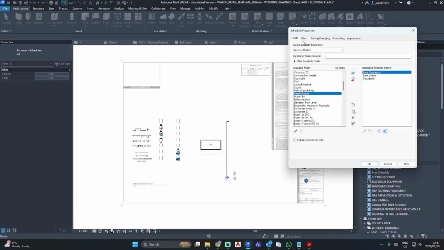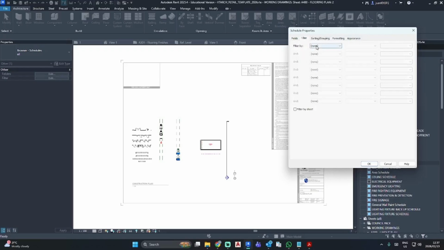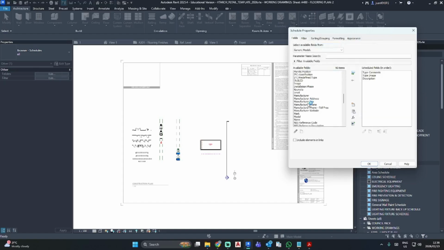So now I'm going to go filter by, we need to put in type mark as well. Type mark, because that is our identifier.